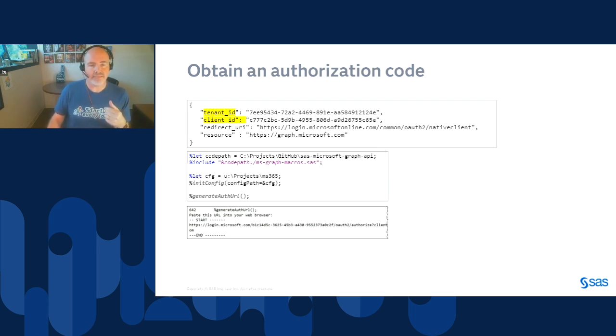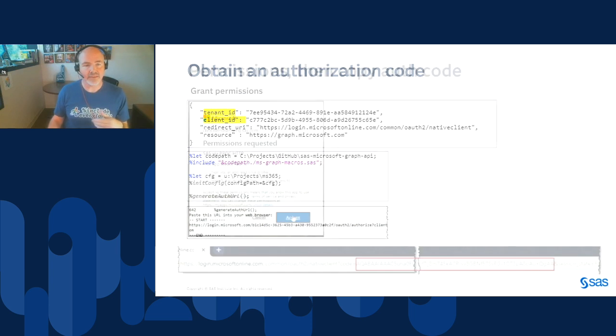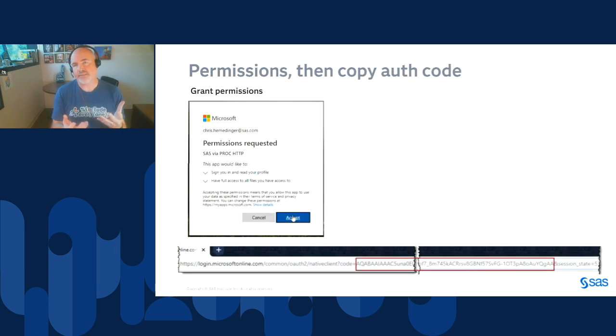Once I have those configuration pieces of information in place, I can use these macros to generate an authorization URL, and then I'm going to visit that URL while signed in and get the access codes I need. So what that looks like is, once I paste that URL into a browser while I'm signed in, I may be prompted to grant permissions to this app that I've registered to do the things that I've told it needs to be able to do, such as read and write my OneDrive files and read and write my